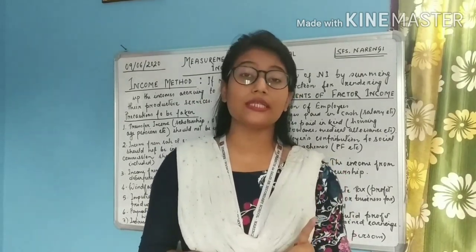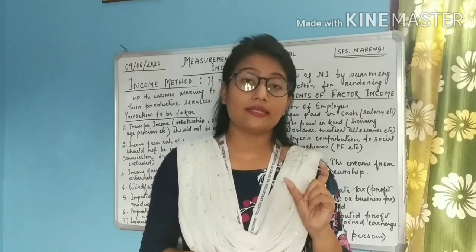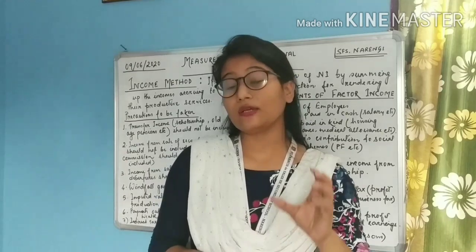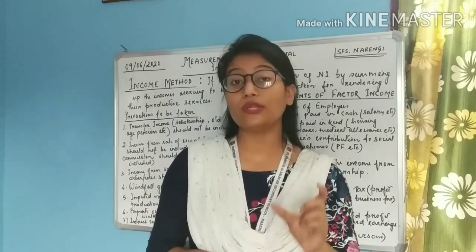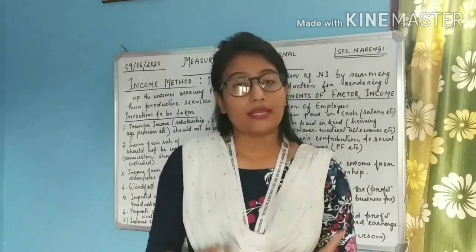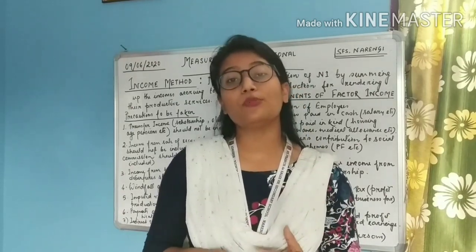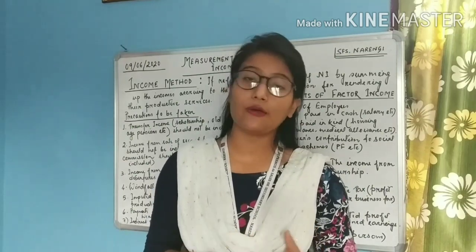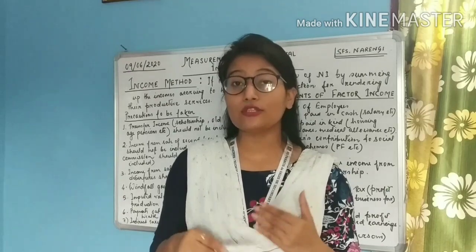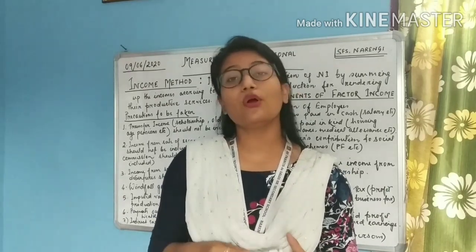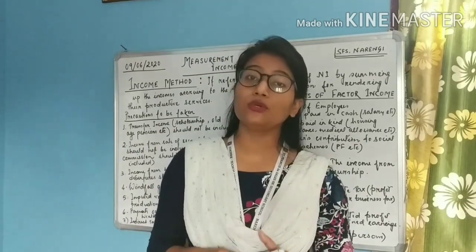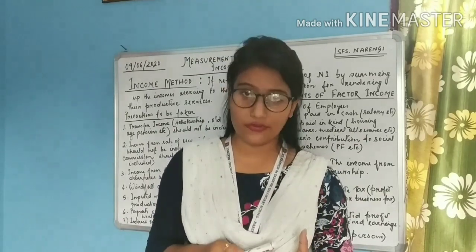And one very important thing, we have to exclude the cost of intermediate consumption. That is, the cost of the raw materials has to be excluded. Only the value of the final output has to be included. Otherwise students, this will lead to a problem of double counting. Double counting means when the same value is added again and again. Because we all know that the value of the intermediate goods is already there inside the value of the final output, right?